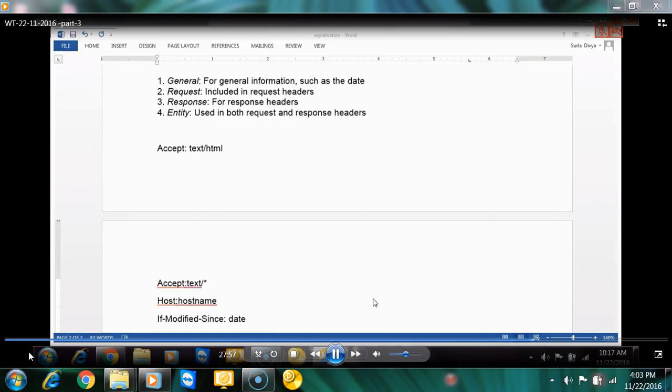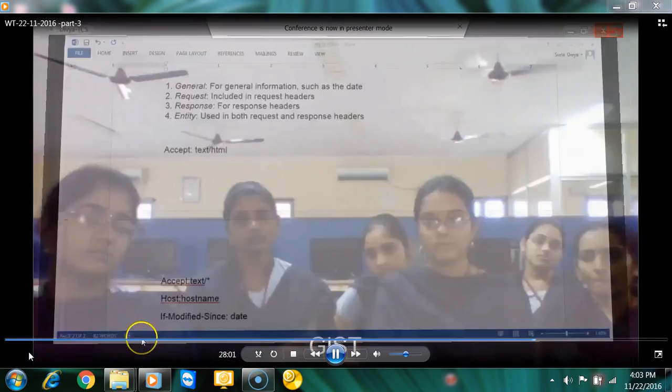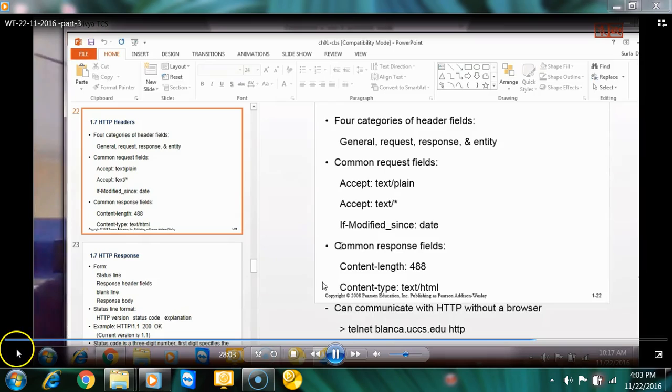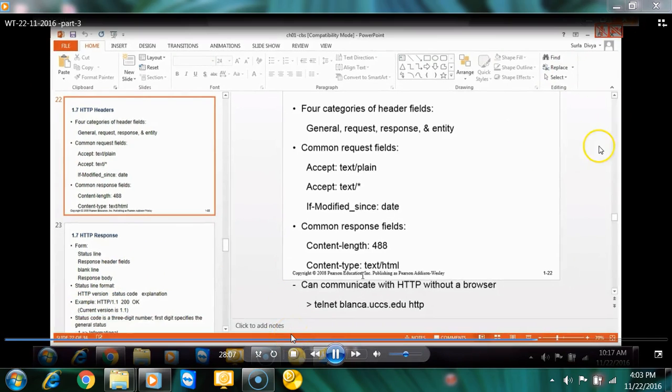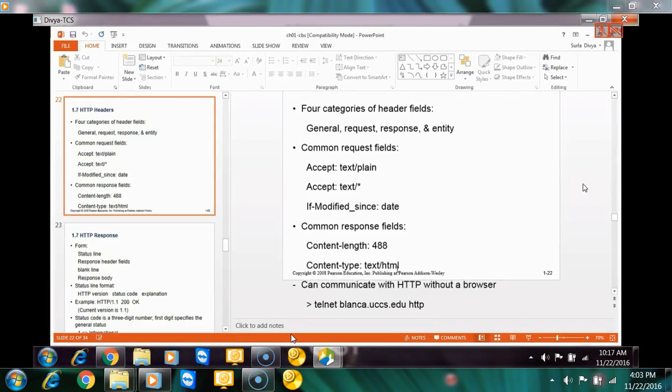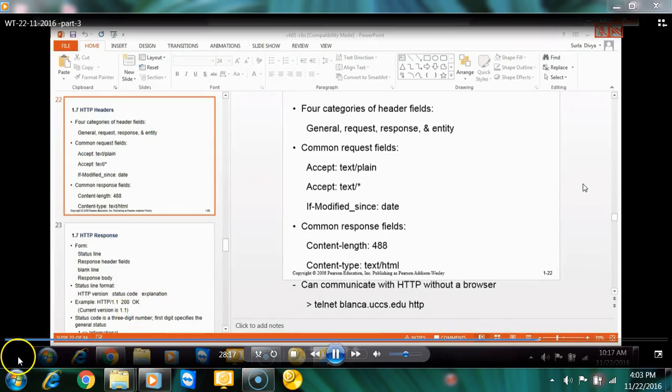I am going to share the PPT once again. The common response fields: content length 488, content type text slash HTML. So this specifies that if your request has some body, it has to specify the content length field, which gives the length of the body in bytes. Okay. Post with